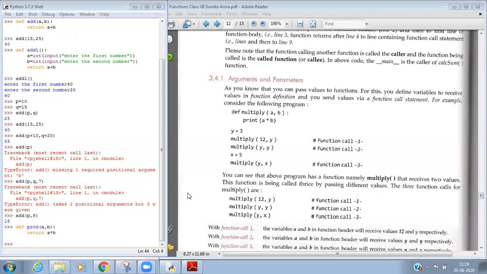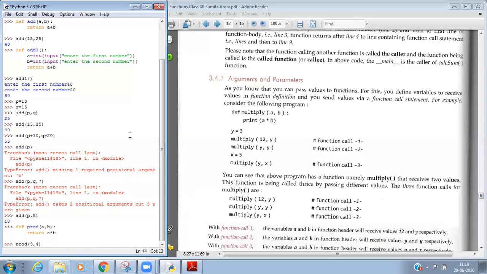Now, our topic of discussion is arguments and parameters. What are the arguments and what are the parameters? Actually, any value that we pass to the function, like when I call this function prod, I am passing two values, 3 and 4. These are known as the arguments.